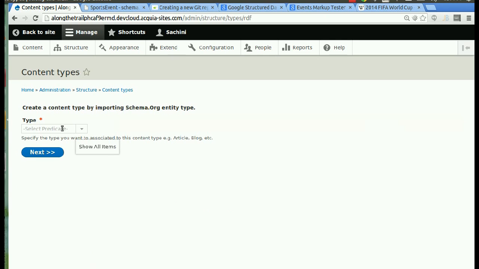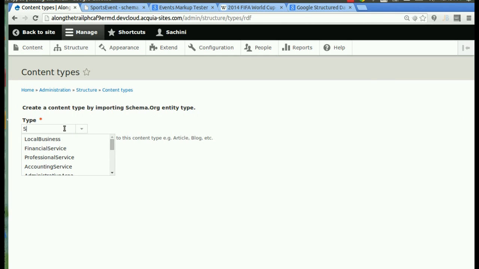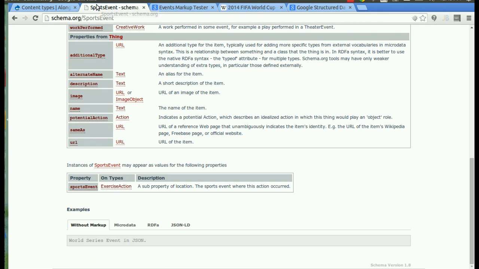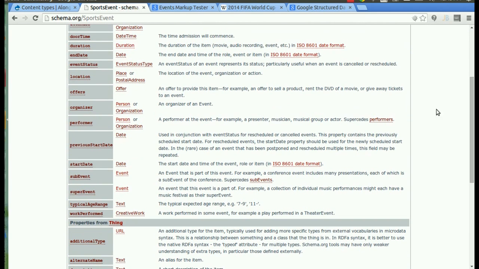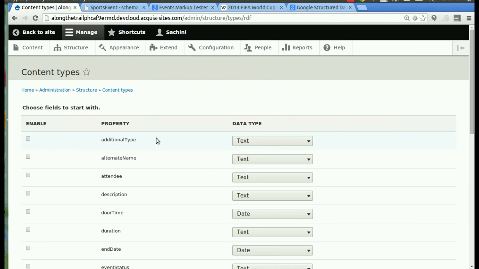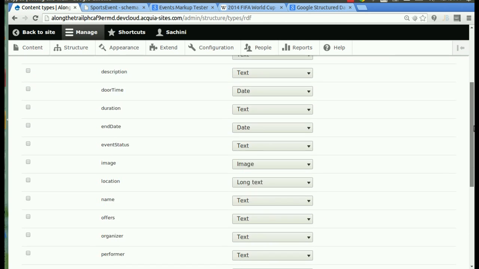What happens here is, without us specifying the content type, the description and all that, we get those details from schema.org. So let's first choose a type which would be the content type we need. I'm going to use sports event. So while that loads, sports event is a subtype of event, which is a subtype of thing. So the properties would include properties of sports event and thing. Back to our form. So the fields would be properties, and all the properties of sports event and thing are listed here with the